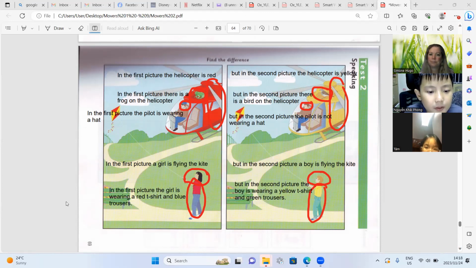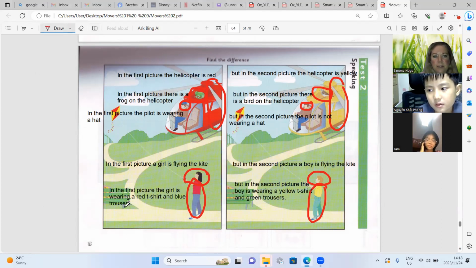In the first picture, a girl is flying the kite, but in the second picture, a boy is flying the kite. In the first picture, the girl is wearing a red t-shirt and blue trousers, but in the second picture, the boy is wearing a yellow t-shirt and green trousers. Trousers. Yes, there's an S.